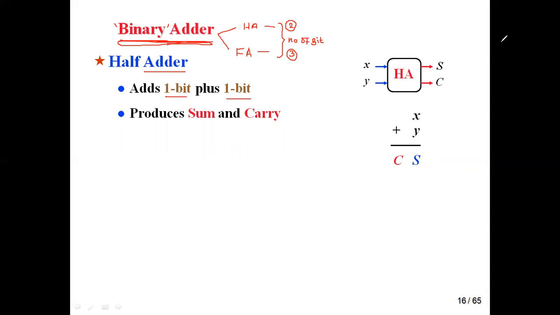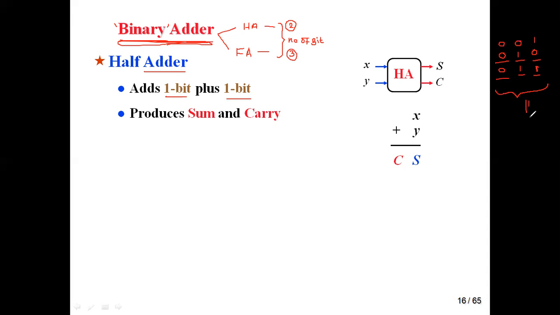Say for example like this. Please listen here. I'm going to add two binary bits 0 and 0. It produces the result as 0. Similarly, if I add another two bits, one bit is 0, another bit is 1. What is the result? You are familiar, the output is equal to 1. Then the third case, I'm going to add two binary bits, one is 1, another input is 0. So the output is equal to 1, no doubt. Till this you are familiar, no problem, because it is similar to ordinary addition.